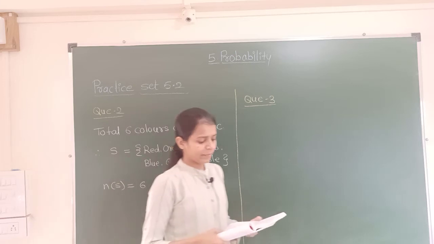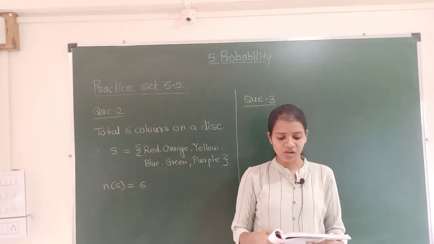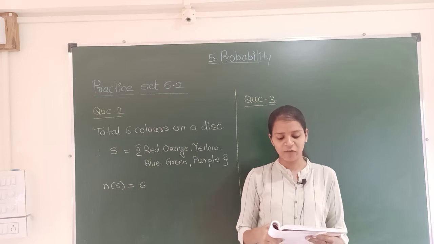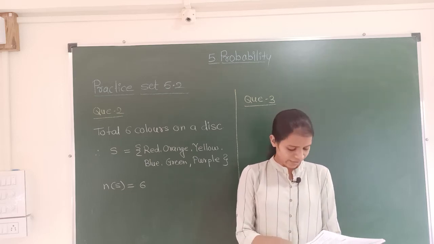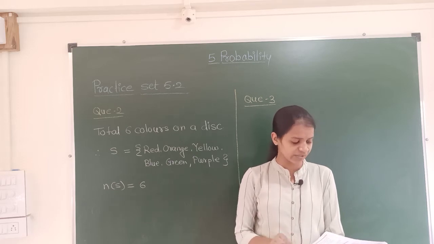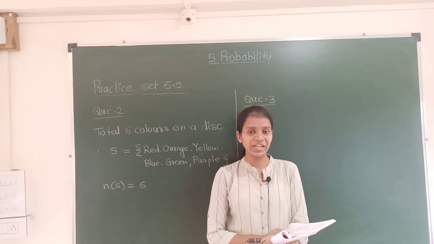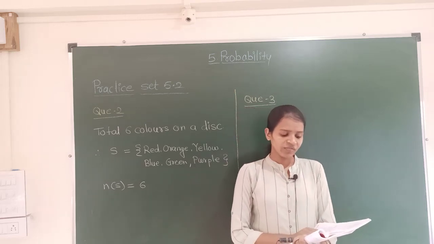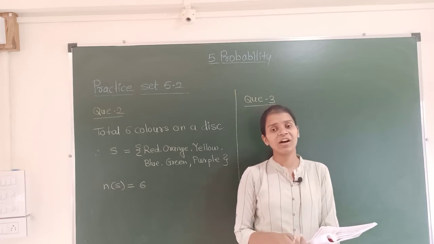See the third example. In the month of March 2019, find the days on which date is multiple of 5. See the given page of the calendar. On page number 118, they have given us the calendar of March 2019, and what we have to find is the days on which date is a multiple of 5.